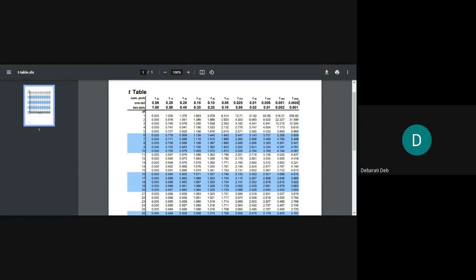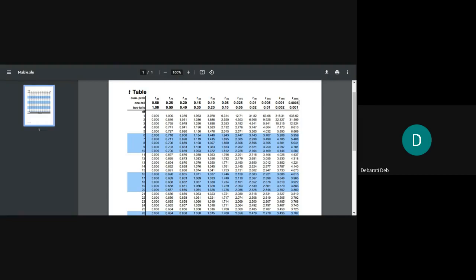Suppose we want to check at 5%, what will be the value? Follow the arrow on the screen. From here, 0.025 or 0.05, we go till the 19th degree of freedom. It is 2.093. You can take 2 digits after the decimal, so you will take 2.09. And at 1% level of significance, corresponding to 19 degrees of freedom, it is 2.861. Do you understand? Tell me, how to see the table?